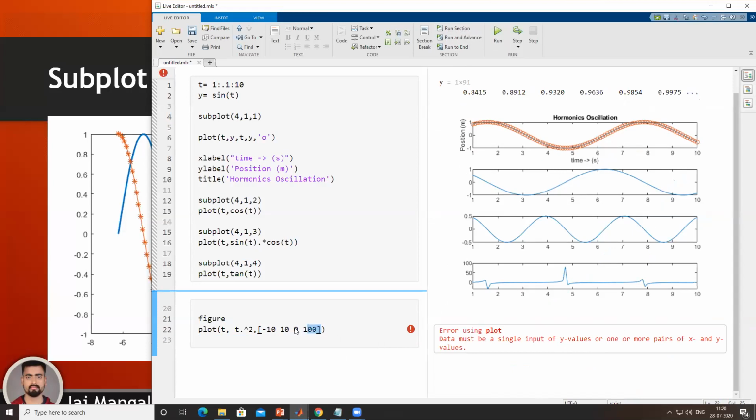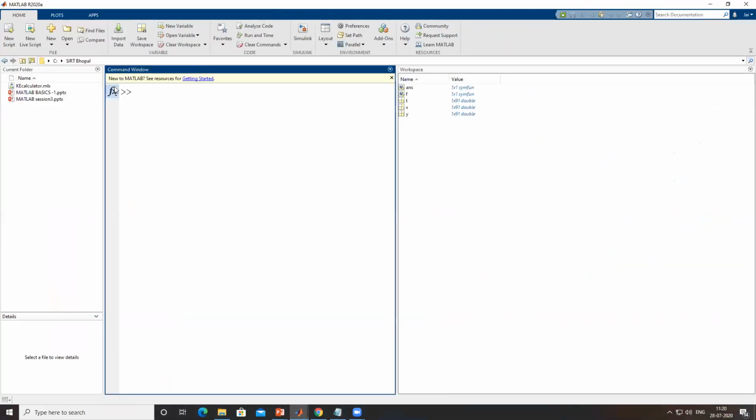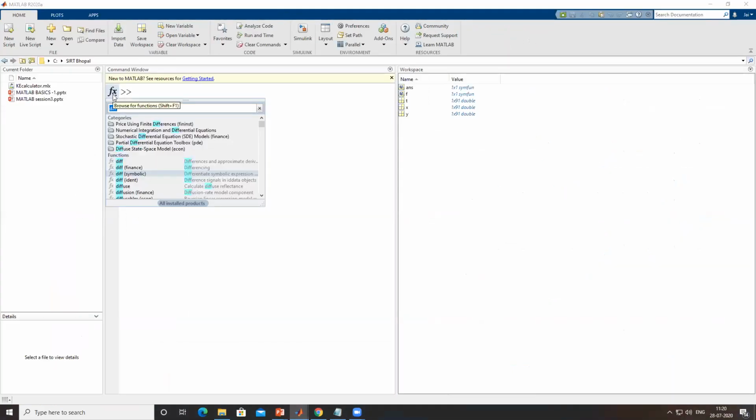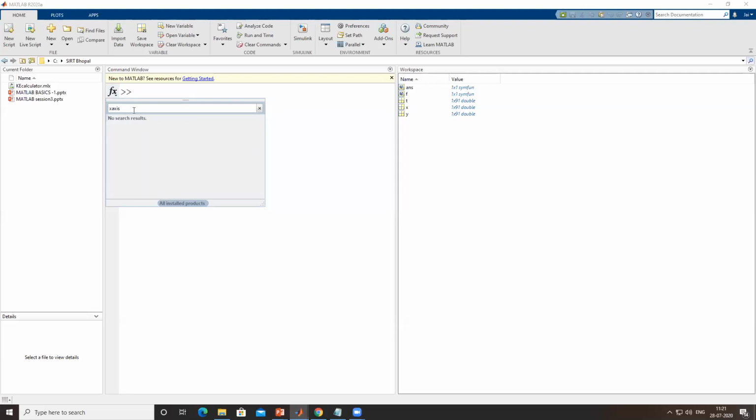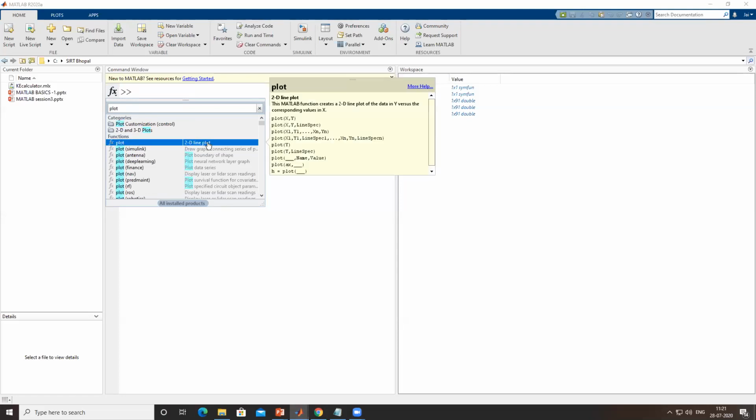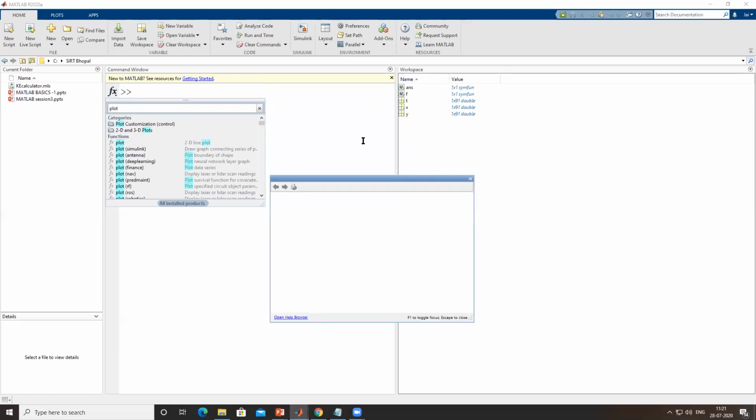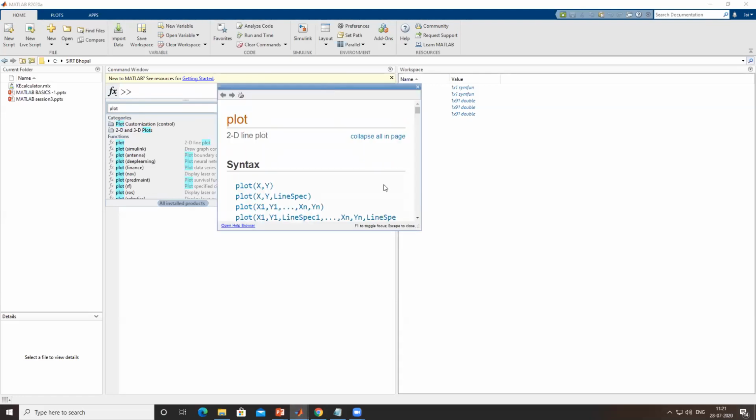No. So we have some problem here. Let me check whether MATLAB has updated the syntax, because MATLAB is updating itself in every version. So let me check the axis command, whether it is the same as what we used till MATLAB 2018. So there is no such command with x-axis. Now I'll check with the plot command and go through the documentation, like what they have used for controlling the axis. So I'll click on the more help browser.